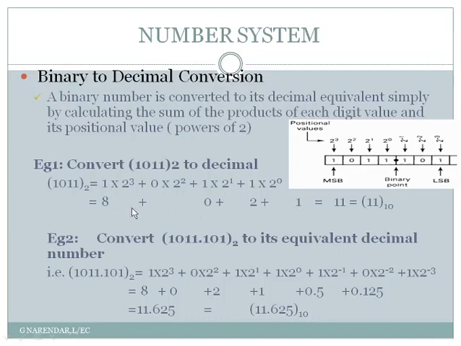So we have 4 products: 8, 0, 2, 1. So sum all these products. So it is 8 plus 2 plus 1, it is 11. So 11 is the decimal